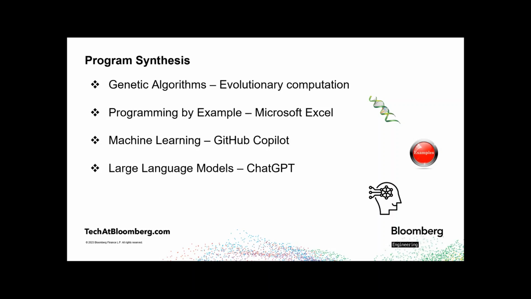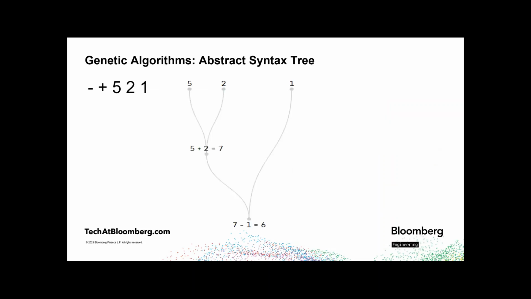We'll also talk about GitHub Copilot, which is one of the newest ones in the cloud. And of course, ChatGPT, which is the large language models. We'll look at that as well. So let's start with genetic algorithms to see how we got to where we are today with ChatGPT by looking